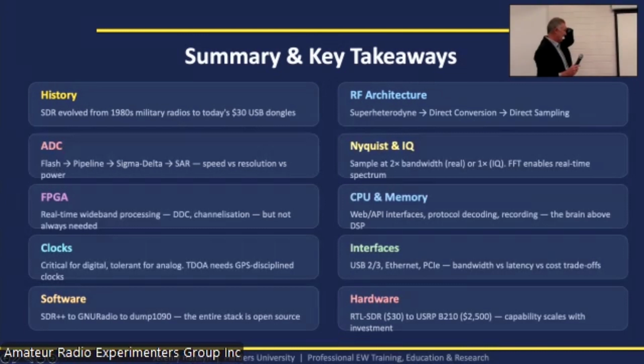So just going through what we've looked at, and then I'll show some examples of the different equipment. The history, if people are interested in getting into the deeper part of this, I've got a URL where you can see every part that I've talked about, and it's got somewhere in the area of 2 or 3 pages on every item. So it is very interesting to see the development of software-defined radio, where it came from, and how it's happened today. And that's mathematics from as far back as the 1700s, all applied into a digital environment.